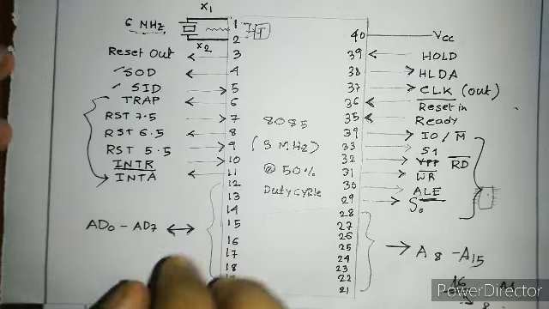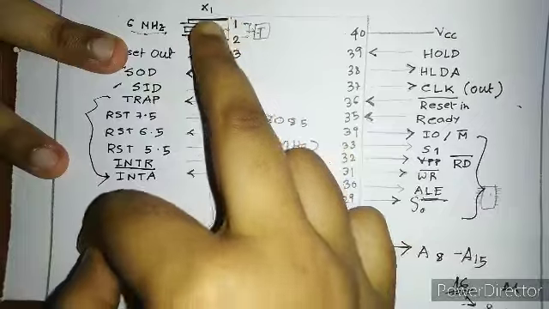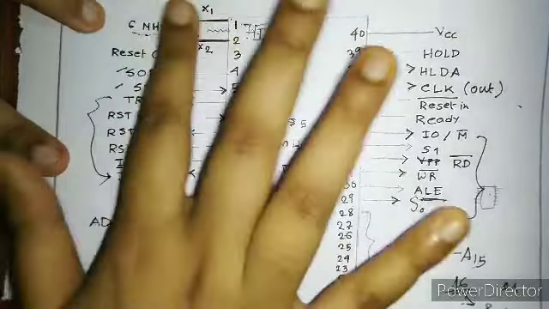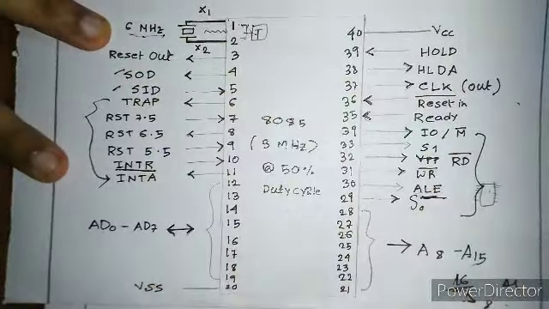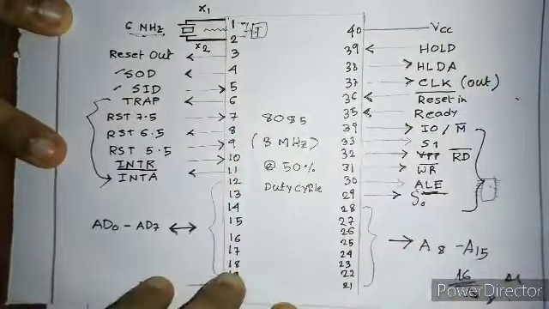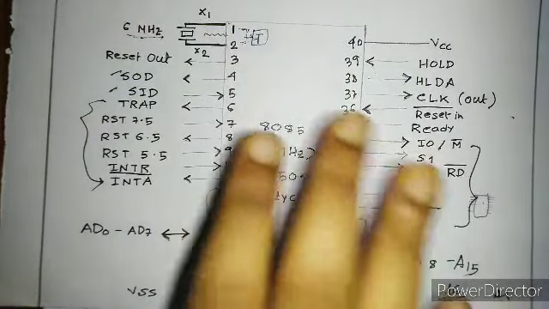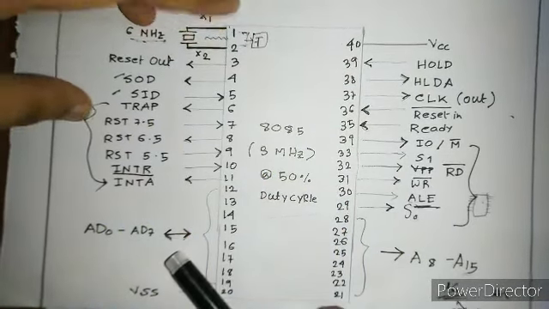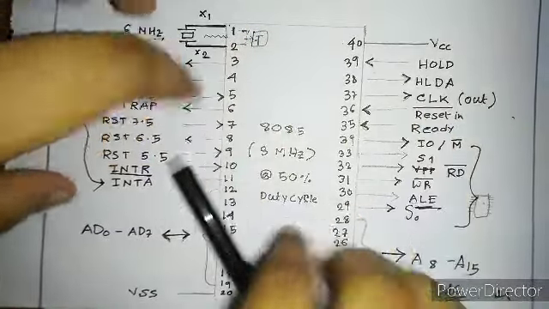Okay, now the other pins, just a quick recap. X1 and X2 are used to produce the clock. Sorry, I forgot to mention one, the clock out. All the other devices are connected to the MUP, so the MUP triggers all of them. The MUP is the bus master. He will say that okay, this has to be done. So once X1 and X2 produce a clock, he sends that clock out everywhere.